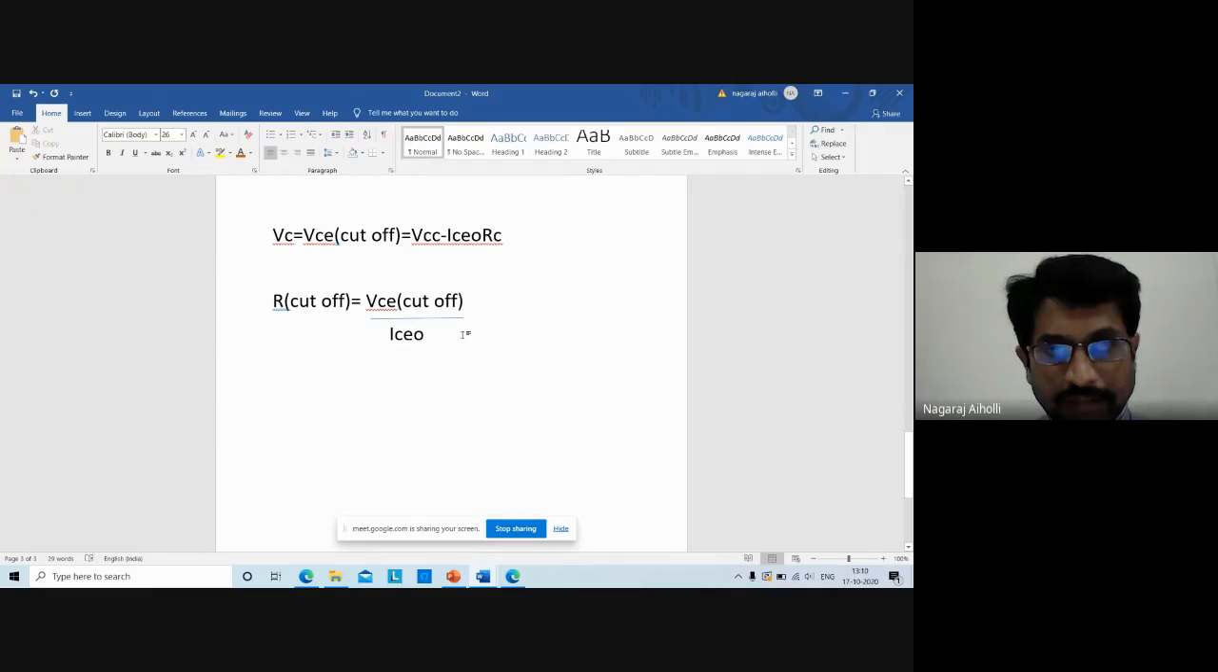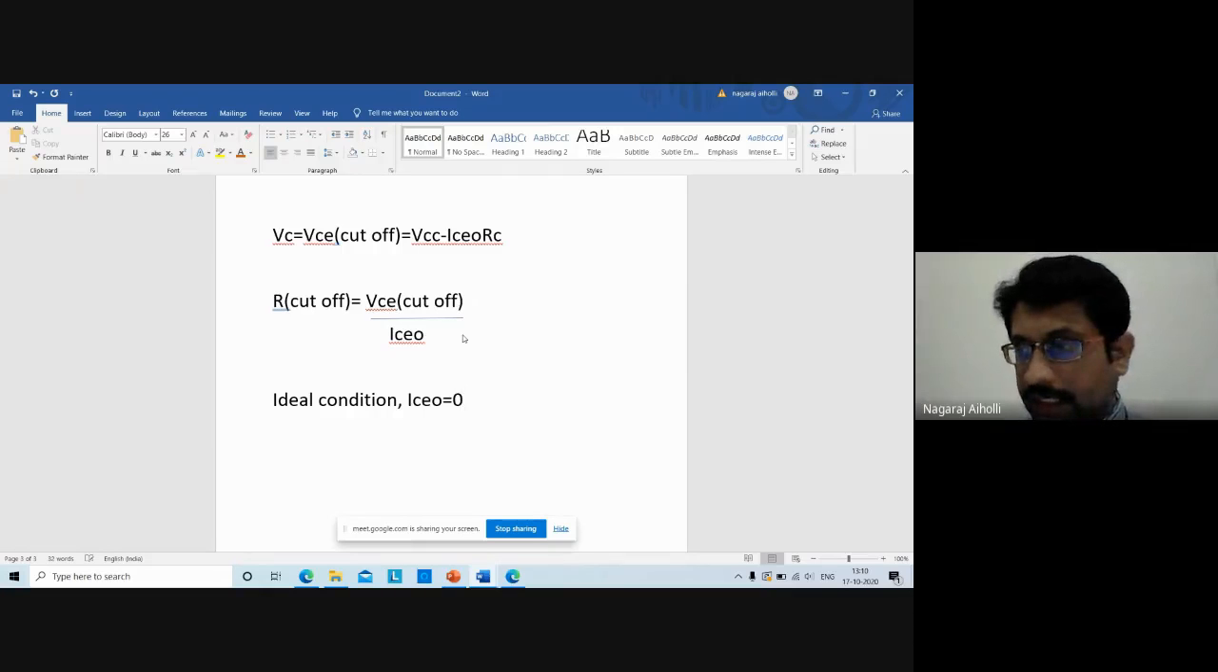Now, what is the ideal condition? The ideal condition is a non-practical condition. Under ideal condition, this leakage current ICEO will be 0 amps. ICEO is approximately 0 under ideal condition. Therefore, what will be R cutoff? VCE cutoff will be VCC only. So if you substitute ICEO equal to 0 in the previous equation,